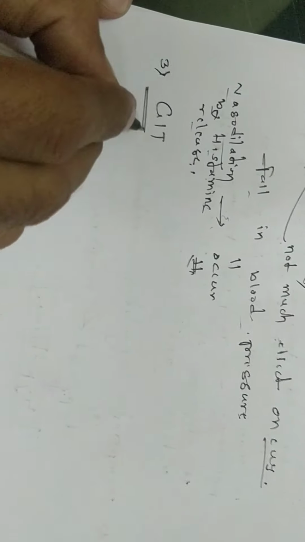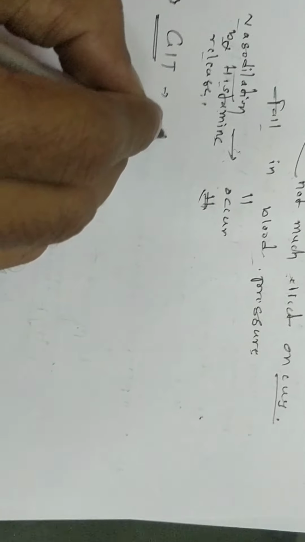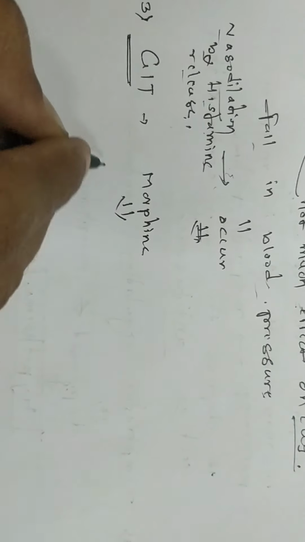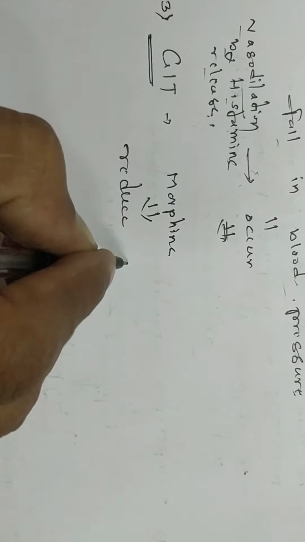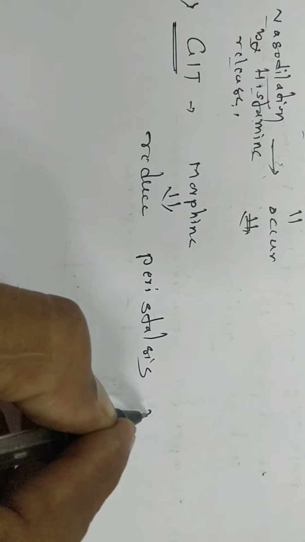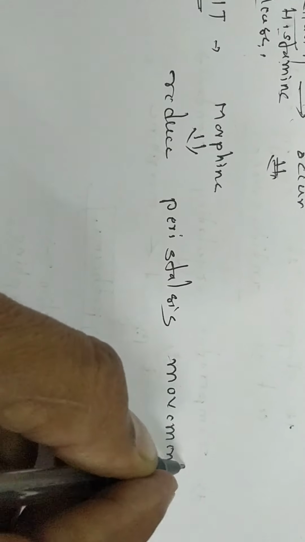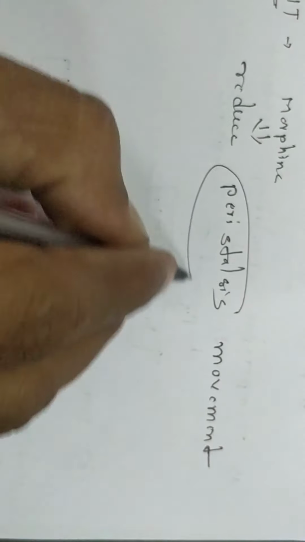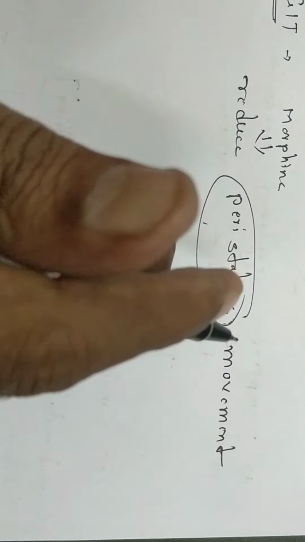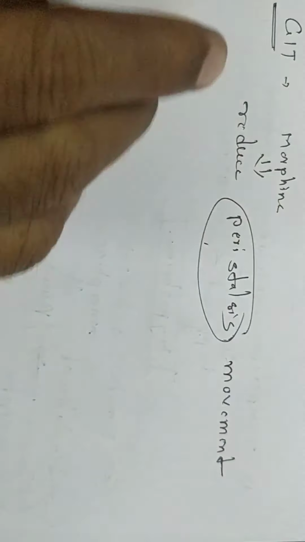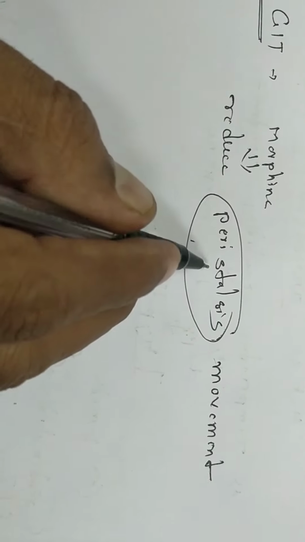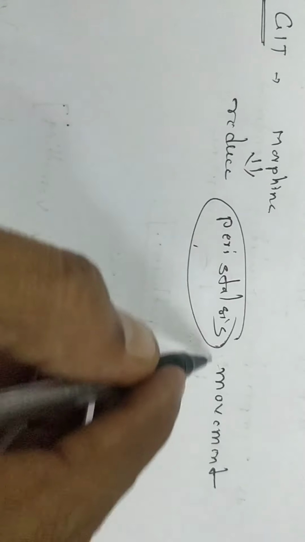Now the third important action, GIT. Morphine reduces the peristalsis movement. The peristalsis movement means contraction and relaxation of the intestine. The smooth muscle of the intestine contracts and relaxes, and the food material moves forward. That natural movement of the intestine, contraction and relaxation, is called peristalsis. When you take morphine, it reduces the peristalsis movement